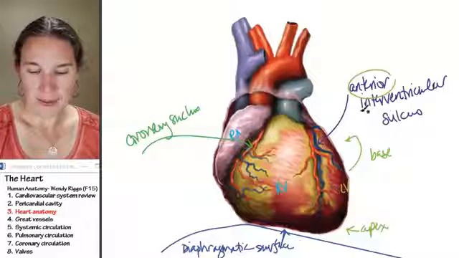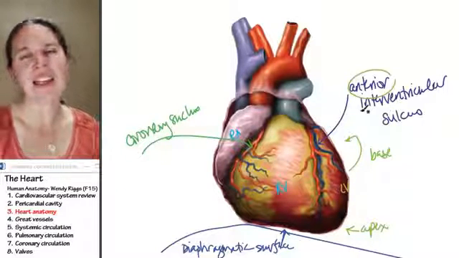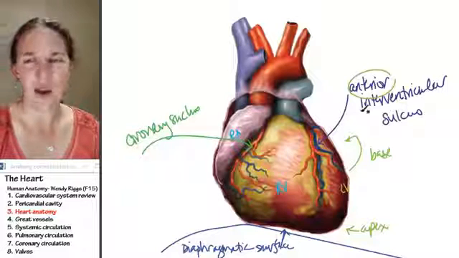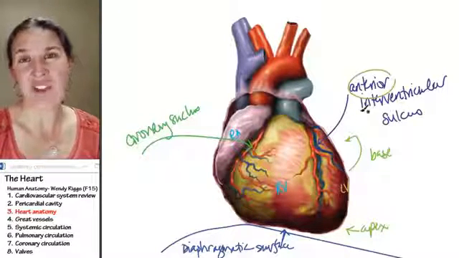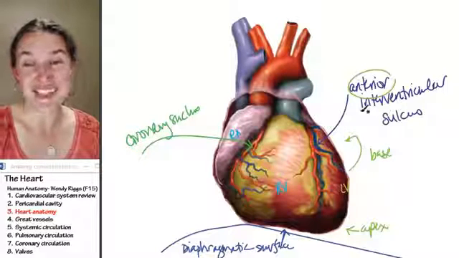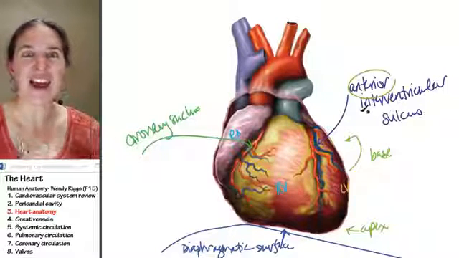Thanks, heart. I think that's everything that I need to show you from the outside of the heart. And once we start adding in our vessels, which is what we're going to do next, then we're going to have,